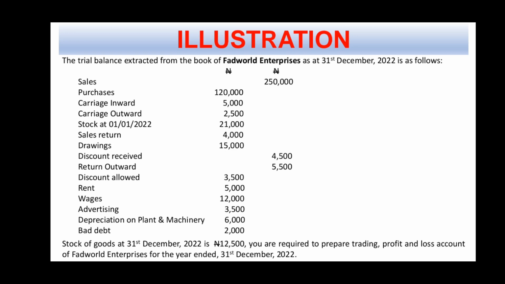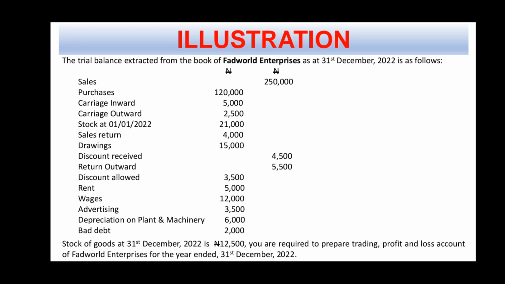We have sales return 4,000 naira, drawings 15,000 naira, discount received 4,500 naira, return outward 5,500 naira, discount allowed 3,500, rent 5,000 naira, wages 12,000 naira, advertising 3,500, depreciation of plant and machinery 6,000 naira, bad debt 2,000 naira, stock of goods at 31st December 2022 at 12,500 naira. You are required to prepare the trading profit and loss account of Fadwood Enterprises for the year ended 31st December